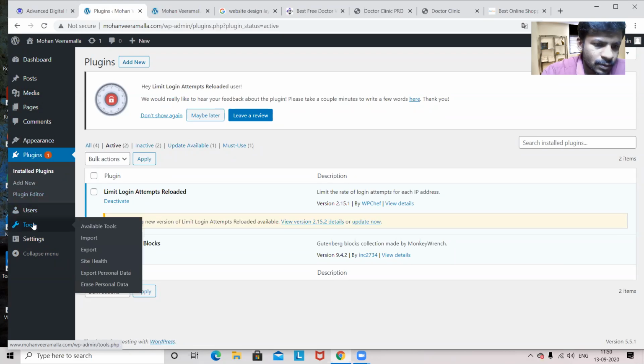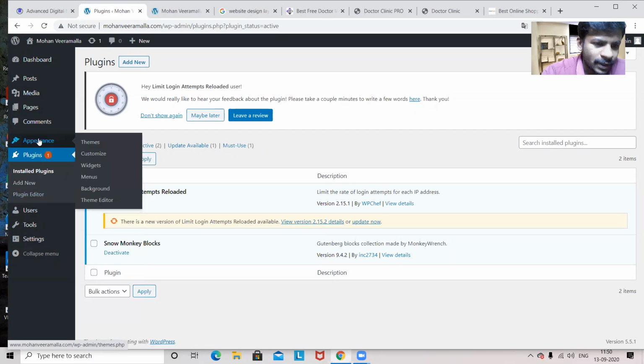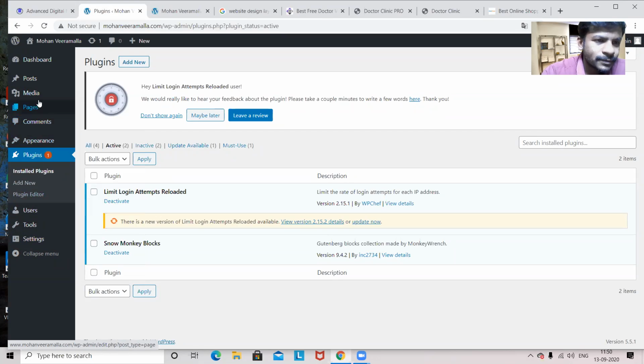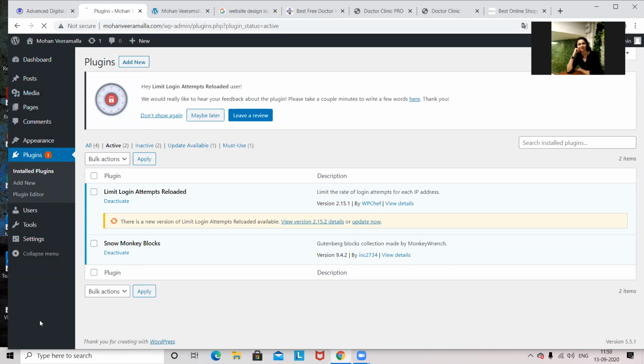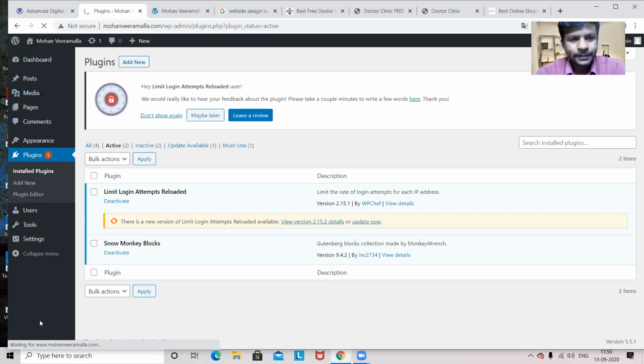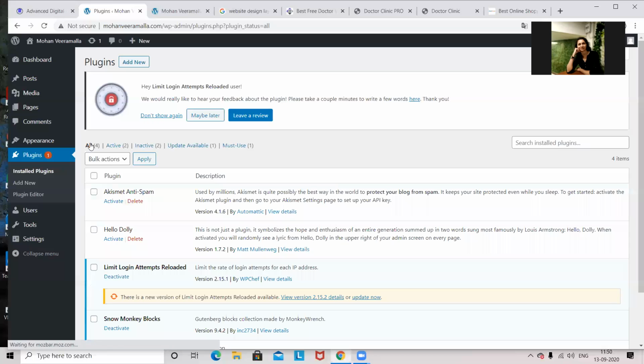Tools, where is the plugin? Can anybody see? I can't see it here. No, sir, I also do not see it. I'll refresh. There is a plugin editor, sir. Where is it?